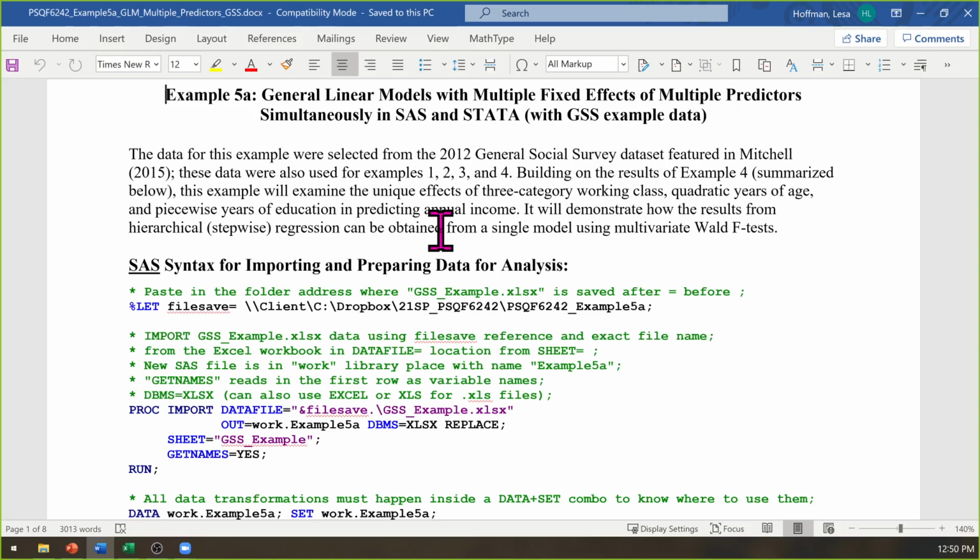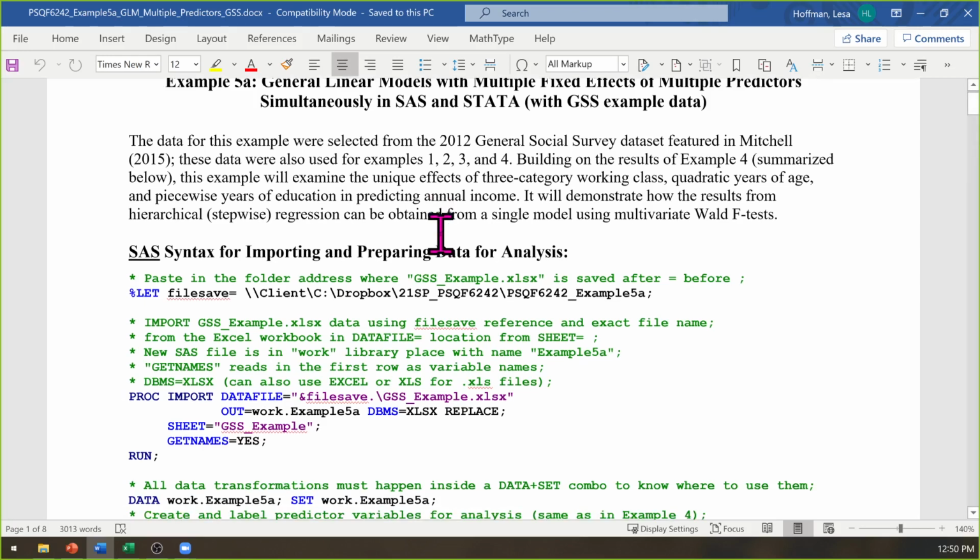We then predicted it with a quadratic effect of age, so linear and quadratic terms for age. And then in the last set, we predicted it with a piecewise slopes version of education, where we had the effect of education from 2 to 11 years, 11 to 12 years, and then after 12 years. So I'm going to put all of them together at once. One big model is the objective here.